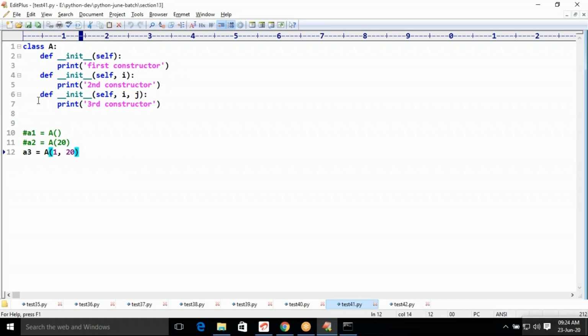Then finally, only the last constructor will be visible. You need to create objects by using the last constructor only.